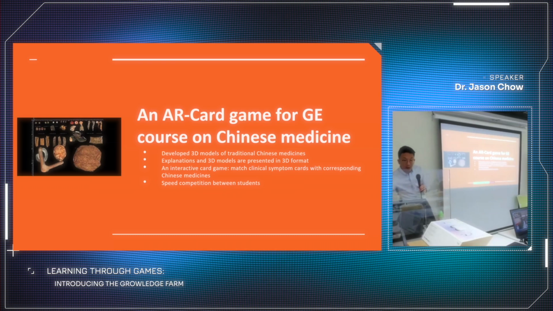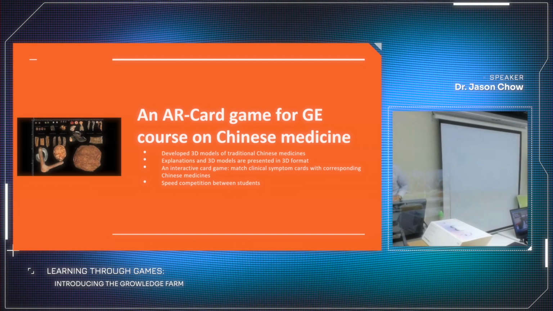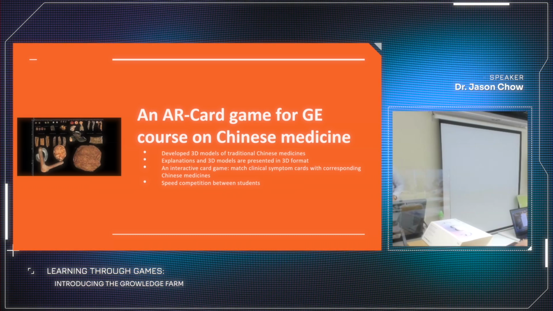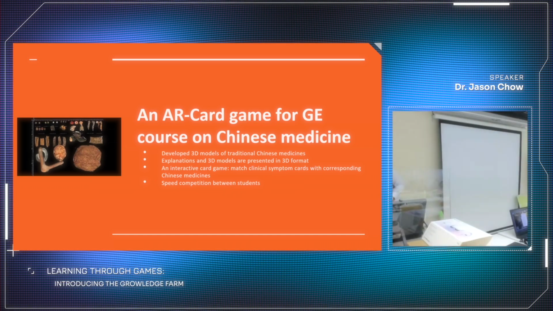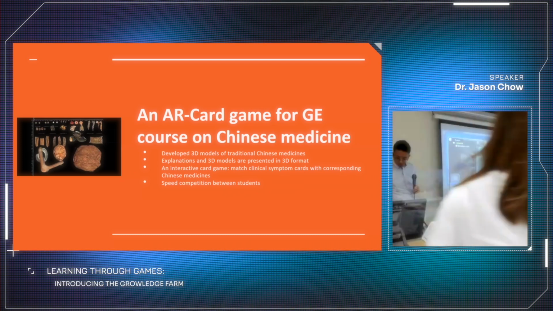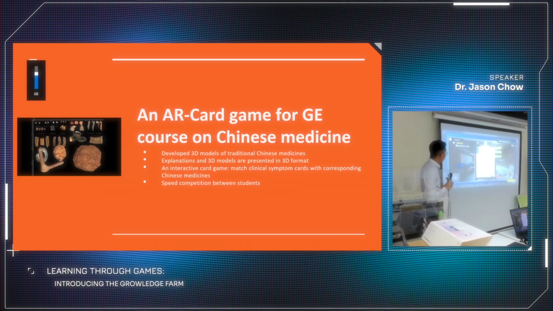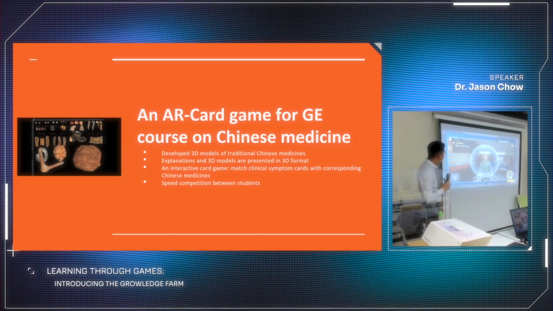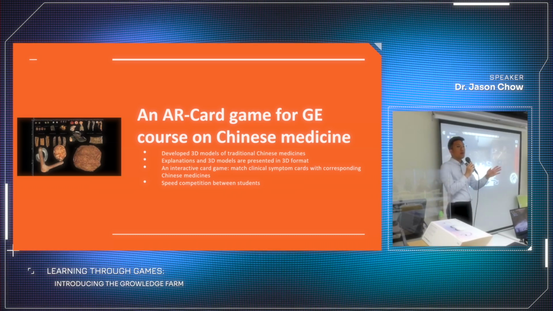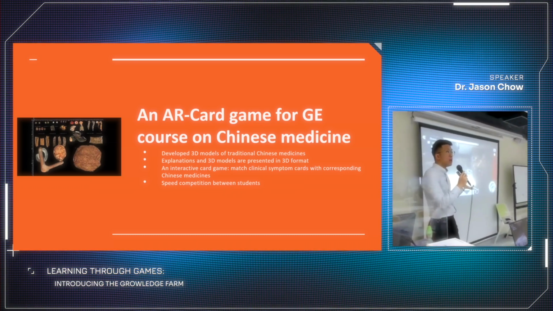which is an AR card game. So basically, we follow the exact procedures of the lab experiments conducted by Professor Kelvin Yu.